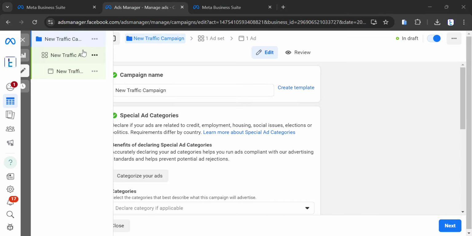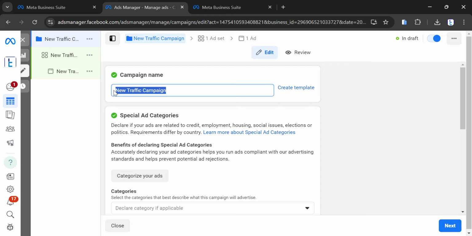Okay, now it takes me here. It takes me to my campaign setup. Now, if you look at your campaign setup, we have 3 pages here. We have the campaign, we have the traffic ad set, and we have the ad. Now, the first part, which is the campaign, basically, this is where you put your campaign name, and also, if